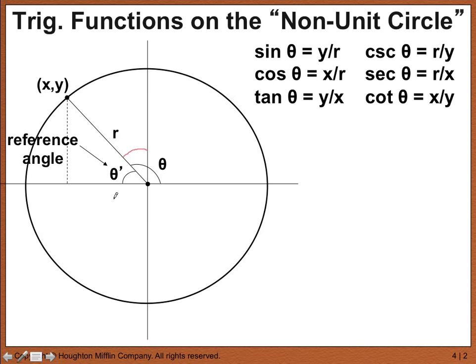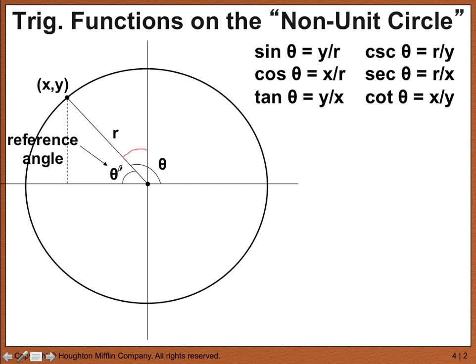Okay, so let's explain now where these come from, the definitions, sine theta equals y over r. Well, it comes from the same definition of sine that you've already learned. If this point x and y here is on the circle, well then the length of the leg that goes from the center to where this dotted line begins, the length of that leg is the value of x. And the length of this leg, the vertical leg, defined by this dotted line here, is simply the value of y. And therefore, if I'm looking at my theta prime here and considering it opposite over adjacent, opposite over hypotenuse,